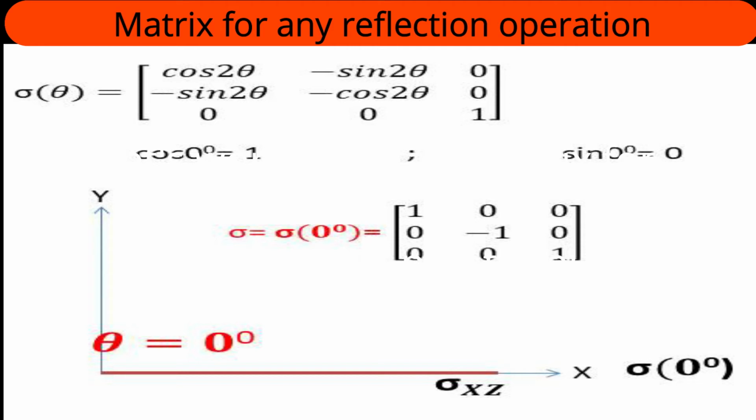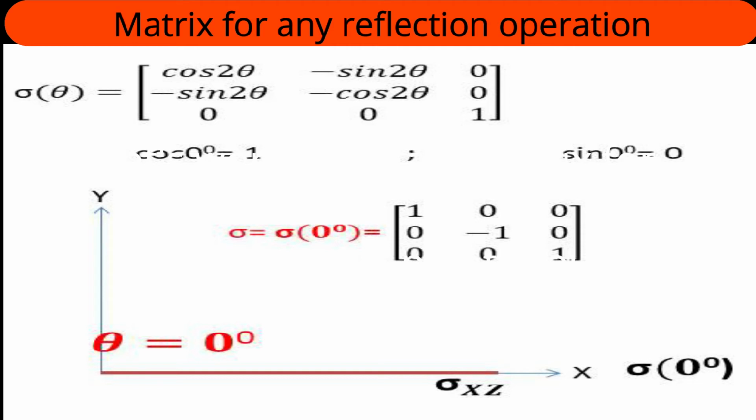Pay attention to this matrix. It seems to be familiar because we came across such a matrix. What was our logic? We were considering xz, y is not there, so towards y the middle element will be minus 1, and the rest will be 1 along the diagonal. The same matrix we are finding. The character for this matrix is 1.